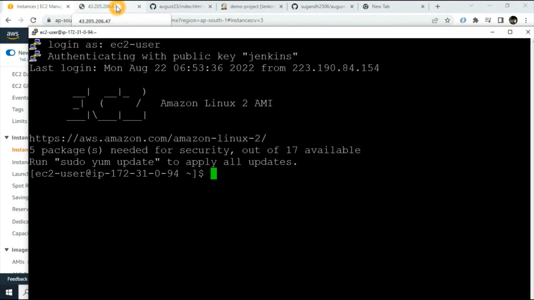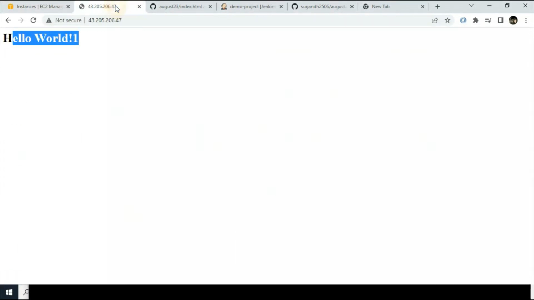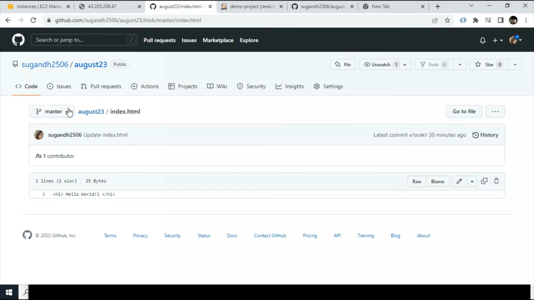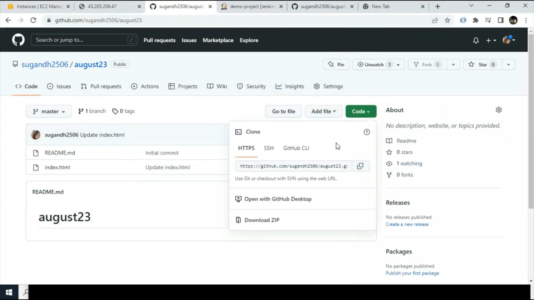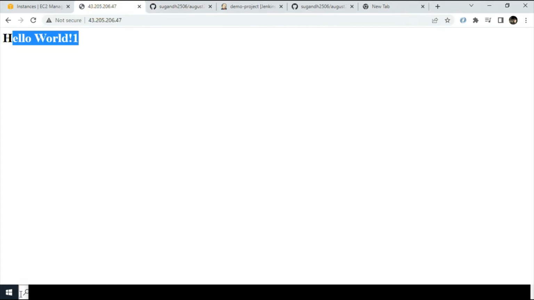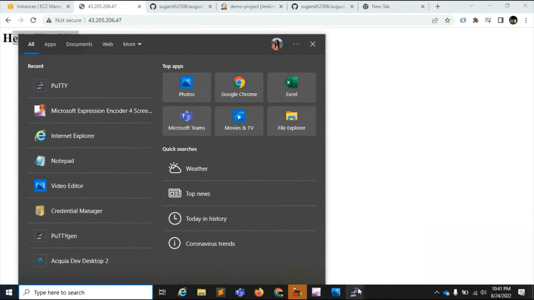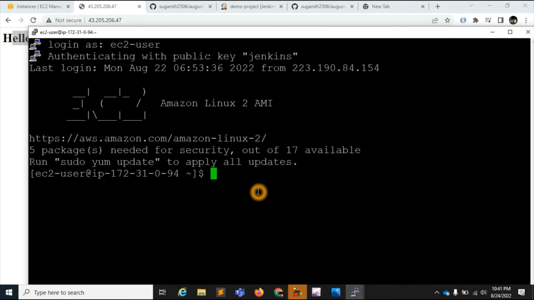Okay, fine. So now I'm cloning my git repo over here. So where is my git repo? Here I am, and clicking on the code, copy this URL, and on the server here,